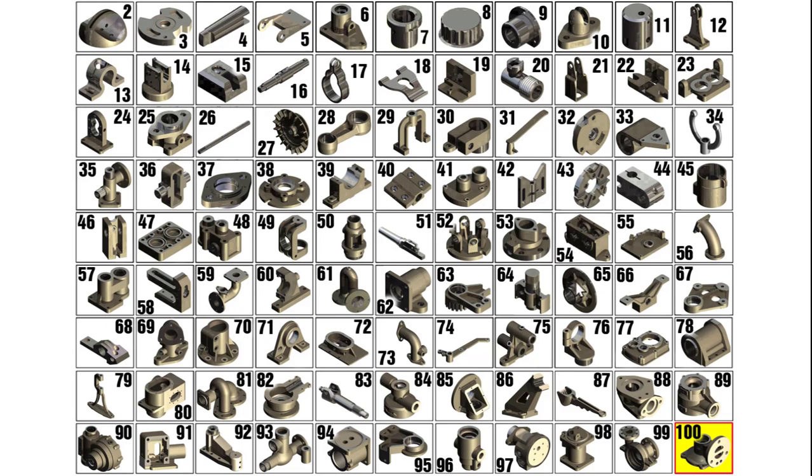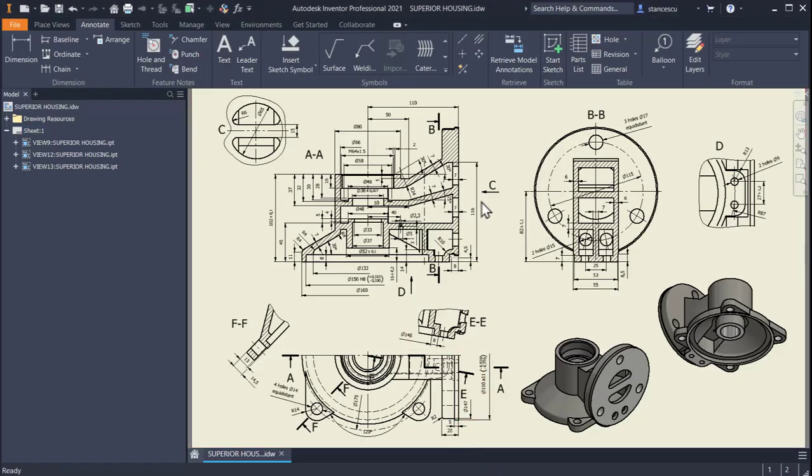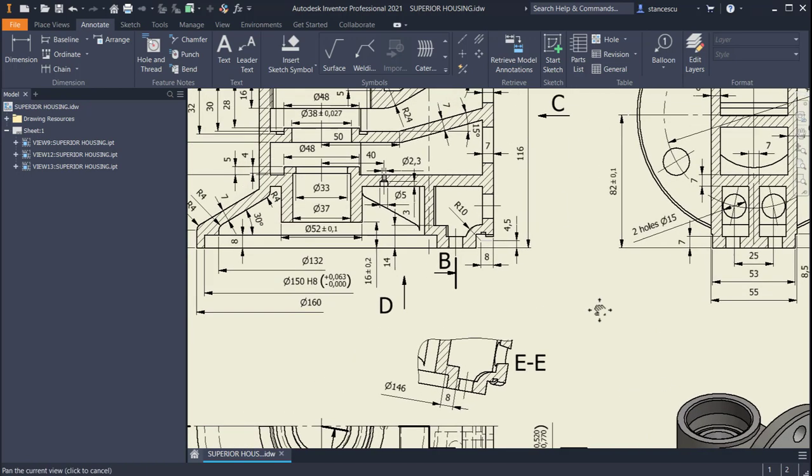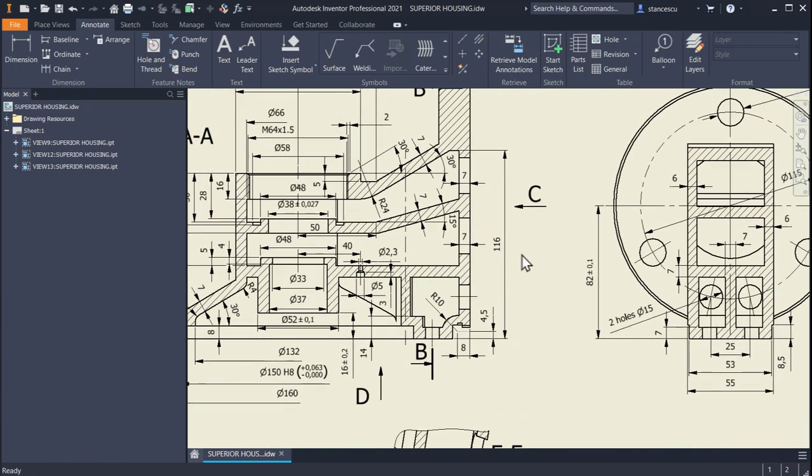Hi my friends, let's model the part 100 superior housing, the last one in my collection of parts. The picture shows us not too many details, but if we take a look at the drawing, we see that there are a lot. Yes, this is the part 100. The last one. You see, we have tolerances, but there are many